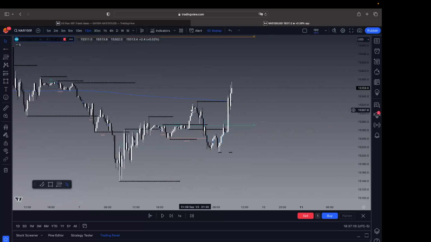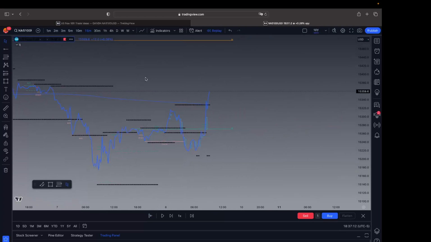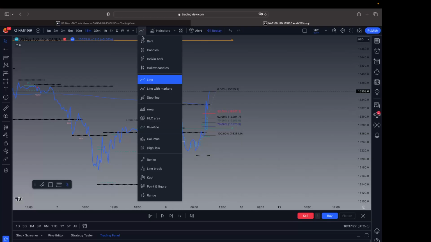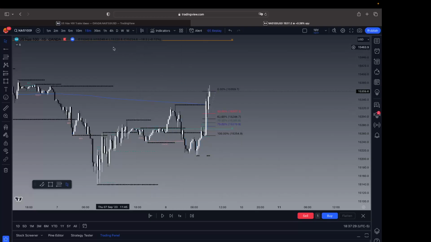Okay, cool. So before I even press play, I'm gonna show you guys how. What did I do on the 15-minute? I grabbed from the most recent swing low to the most recent swing high. Right here, guys. Read the alerts, please. Most recent swing low to most recent swing high. Right. So let's see. So we know where our